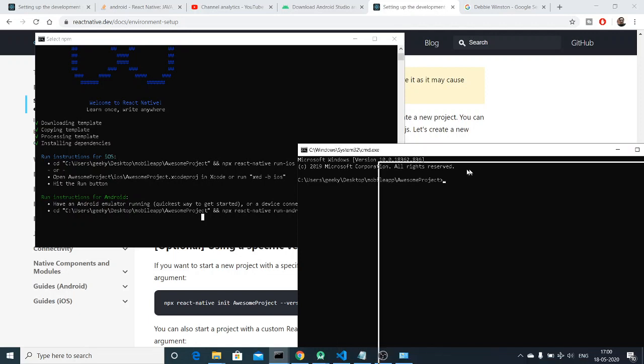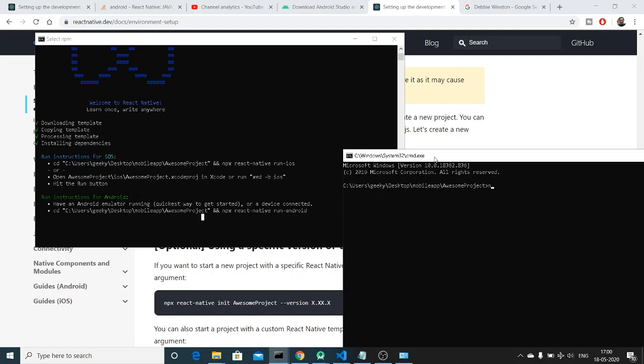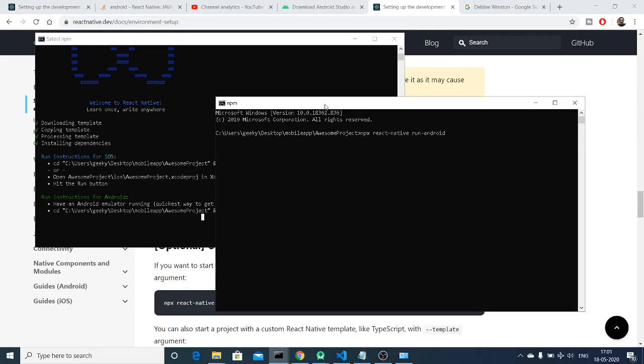Let me just show you the error that you will get if you don't update the path. So npx react-native run-android. If I enter it now, it will want to detect the emulator, the Java SDK and the Android SDK. So just wait, it takes some time, don't panic.